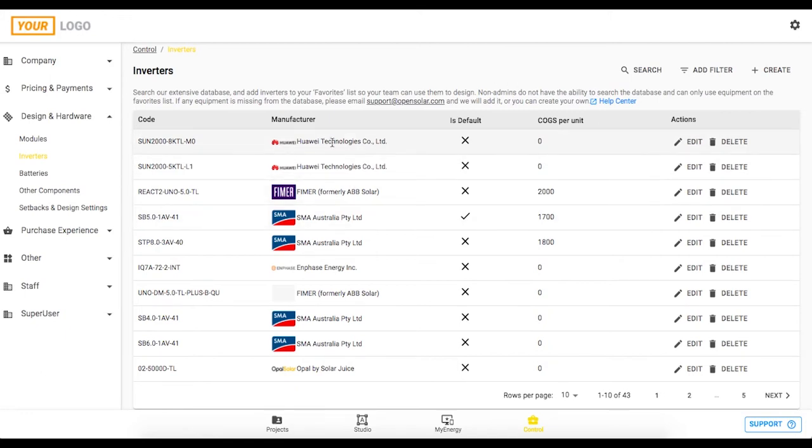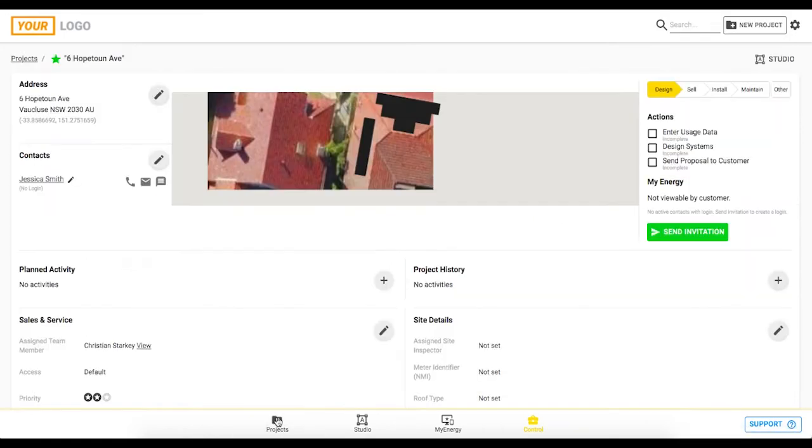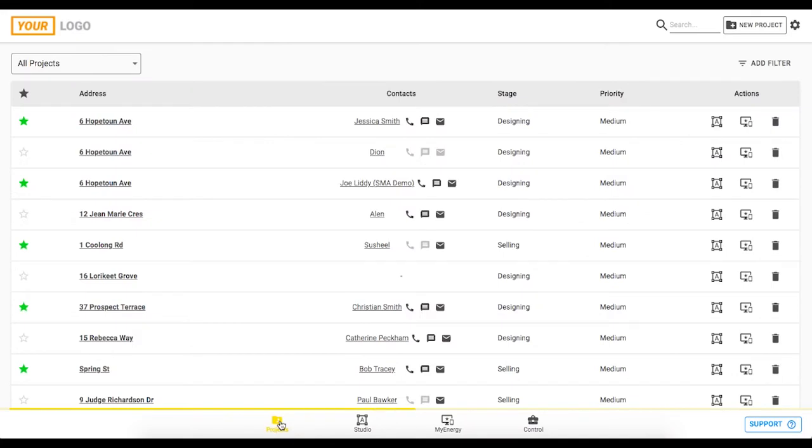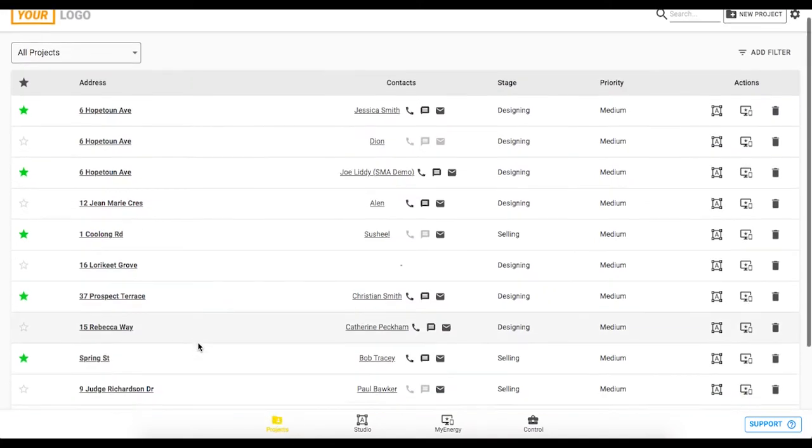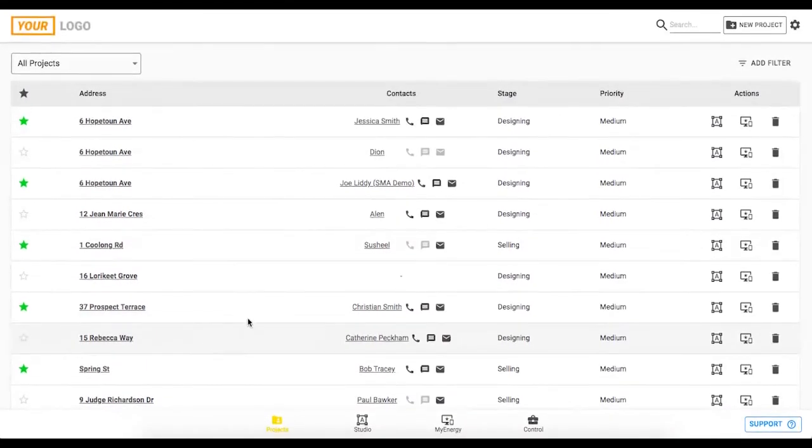So once you've added in all of your Huawei exhibited products, you're ready to start designing, so you have all of that nice content on your proposals. So let's jump to the project zone now. We can click the project button twice to take us to this project list, which we can then manage all